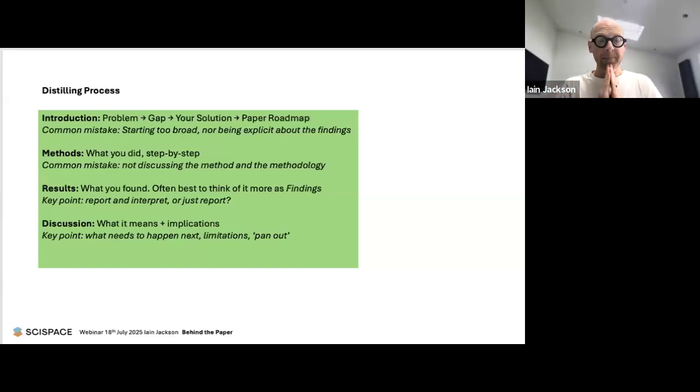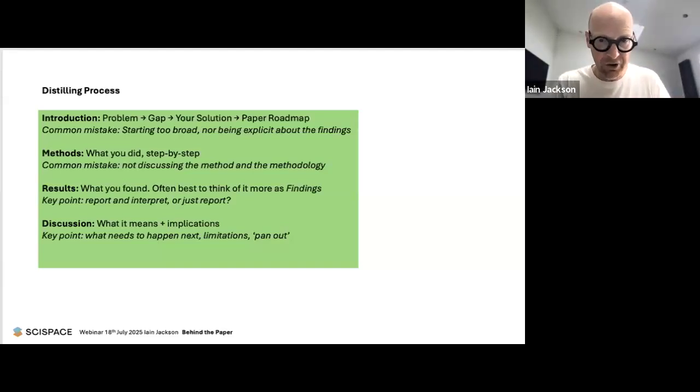So in each section of the paper, you want to make a contribution to knowledge. In the introduction, you want to set out why it's important and why we need to do this and the transformation it's going to have. Hopefully, your methods are explaining what you did, and your methodology is explaining why you did it that way. The results are obviously what we've found out, but it needs to be more than that.